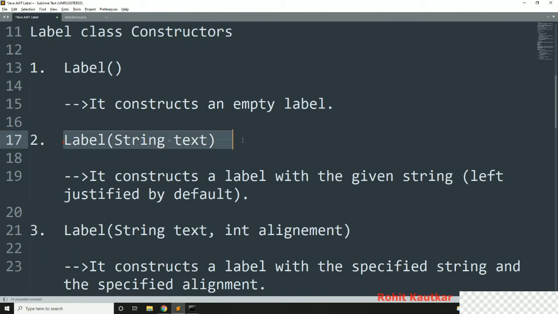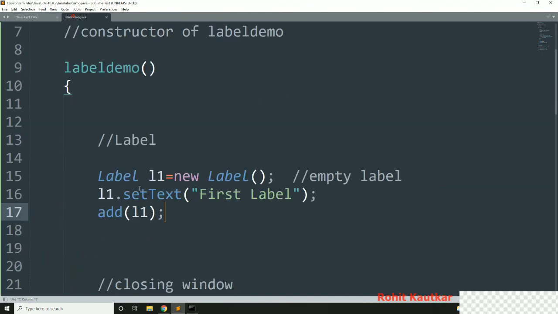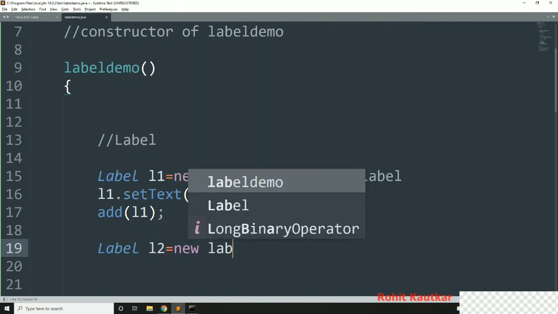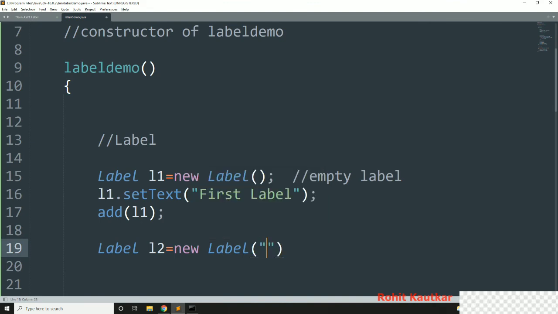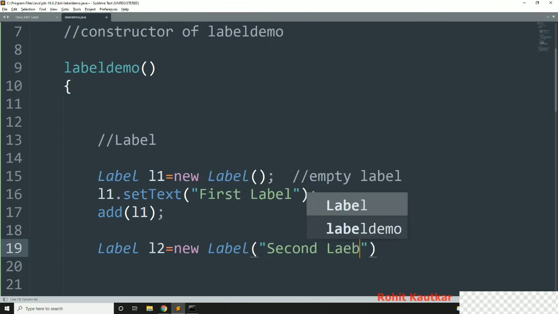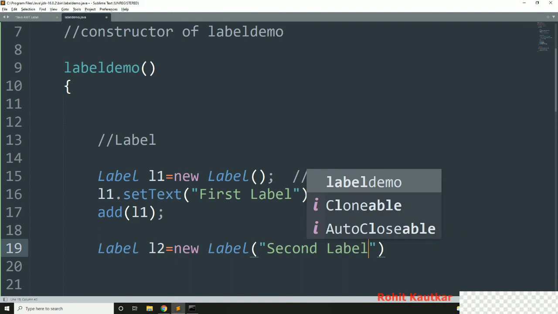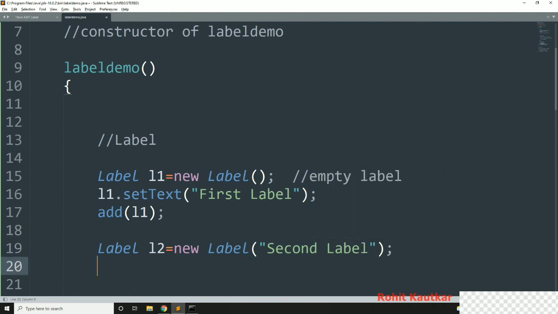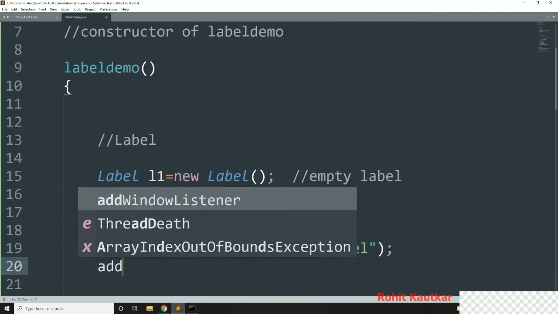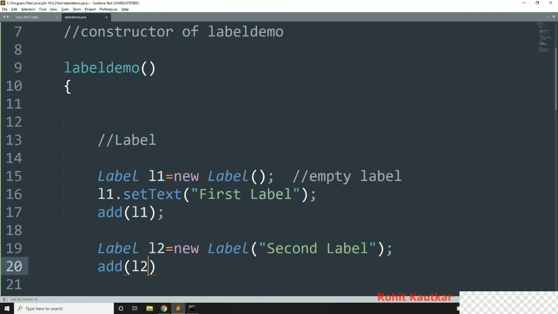Now the next constructor we will try to use is the one with text. So let's say Label L2 is equal to new Label, and I will pass here some text, let's say second label, and we will add this to our frame, so add L2.